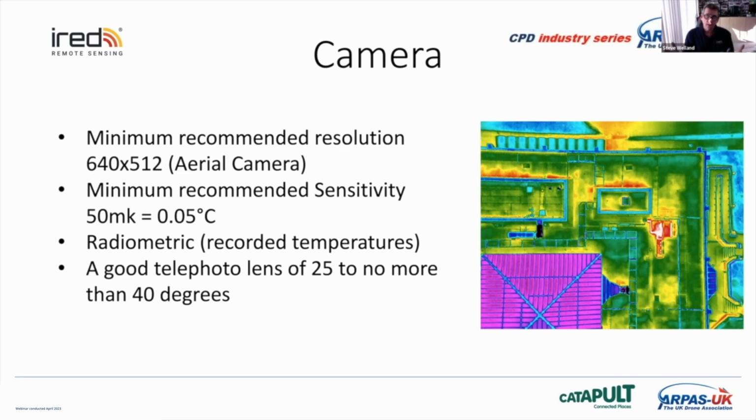So we call that a radiometric camera. The radiometric part, as I say, means it's collecting temperatures, it's recording temperatures. If you choose a camera that is non-radiometric, you have no temperature data, and therefore the image cannot be changed,